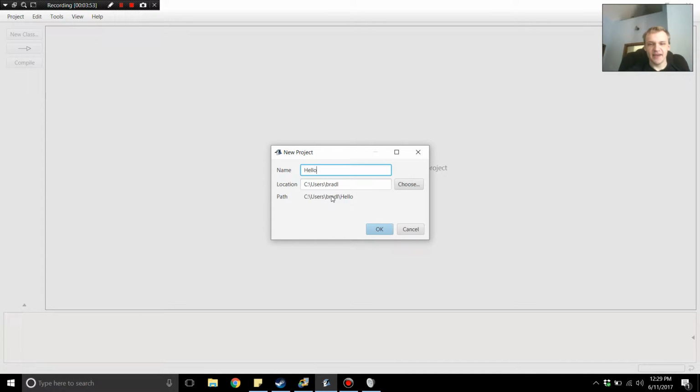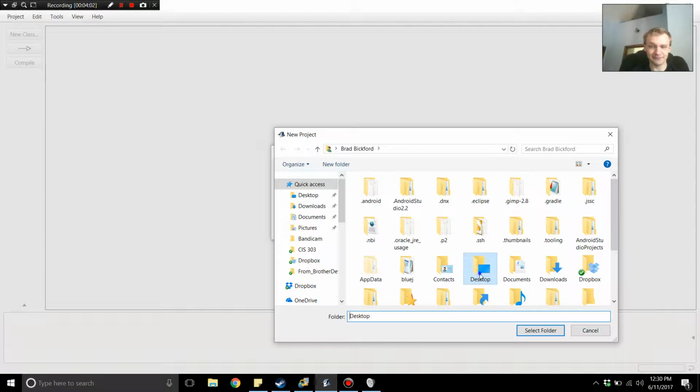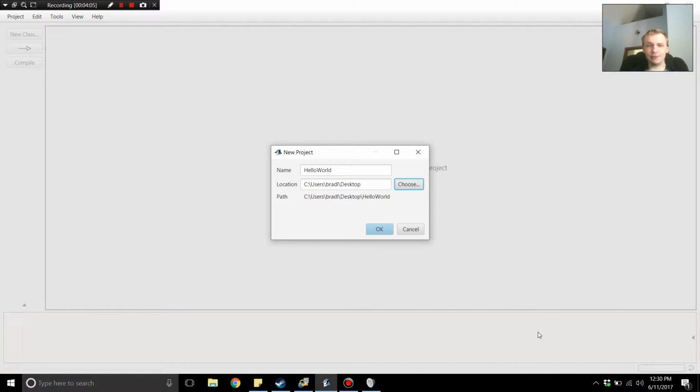I'm just going to call this Hello World. I am not going to save this to my username directory. I'm actually going to pick my desktop. BlueJ will create a folder, or at least it should. It should create a folder for the project that you create, and it will dump all the files that it needs into that folder. I would recommend keeping all of your projects in one easy to access location. That way you know where they are and you don't have to go digging for them. It will make it easier when you go to turn stuff into me